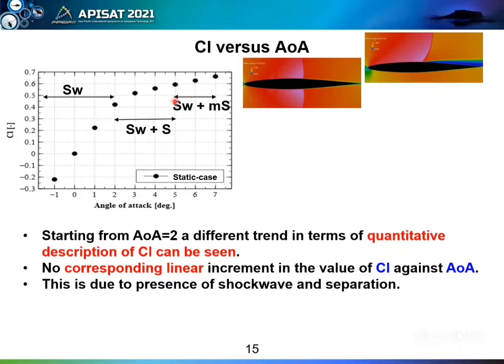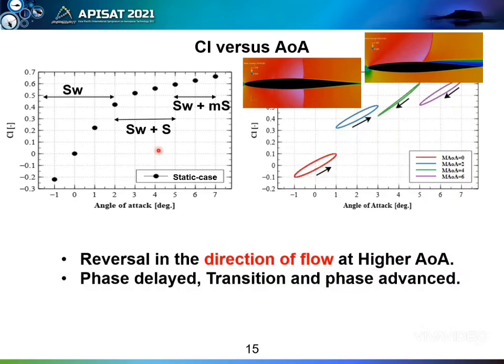we can see a further deviation from what we have at this region. So that is what we are trying to find out in this slide. This is a plot of